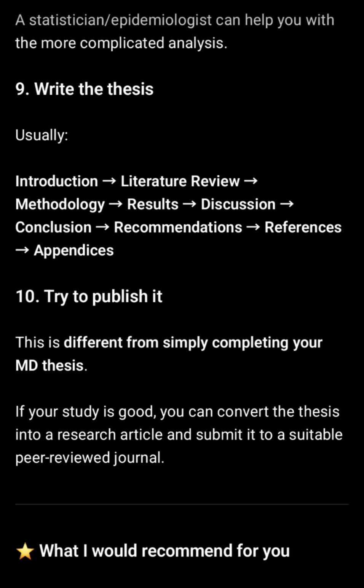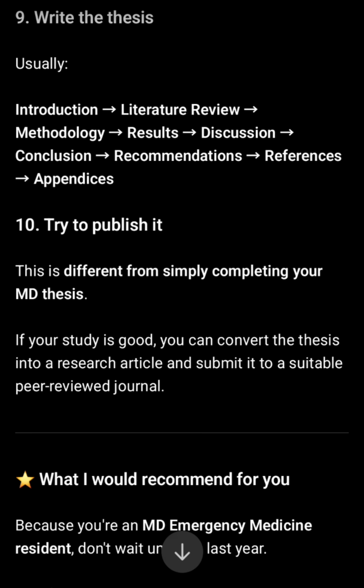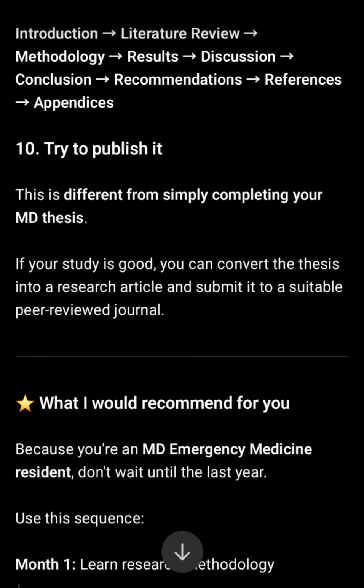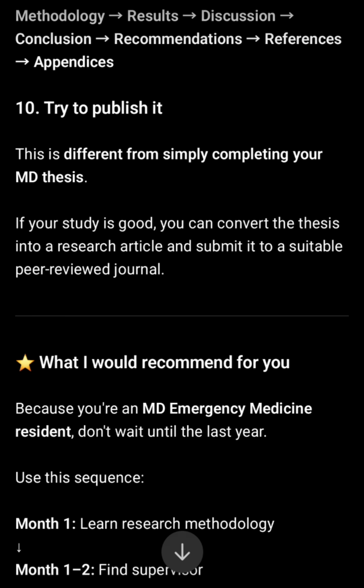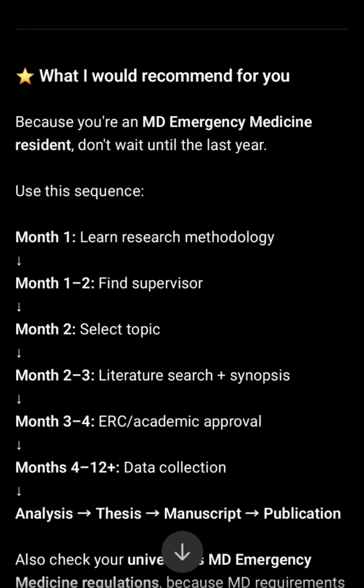Write the thesis, usually introduction, then literature review, then methodology, then results, then discussion, then conclusion, then recommendations, then references and appendices. Try to publish it. This is different from simply completing your MD thesis. If your study is good, you can convert the thesis into a research article and submit it to a suitable peer reviewed journal. What I would recommend for you, because you are an MD emergency medicine resident, is don't wait until